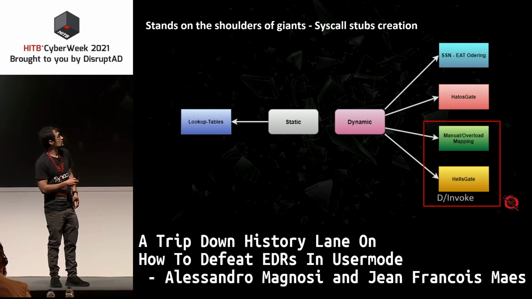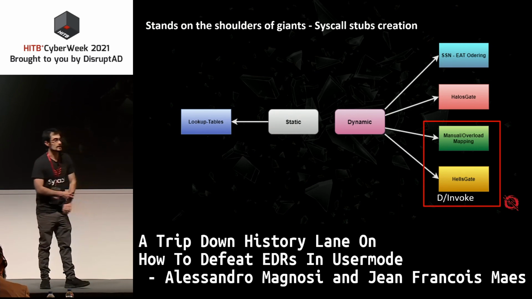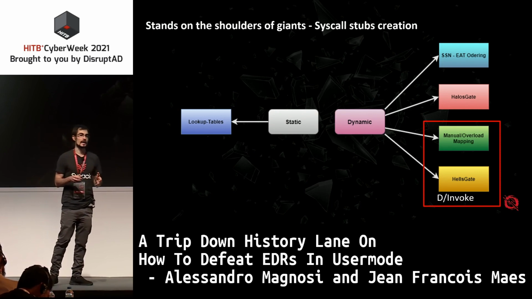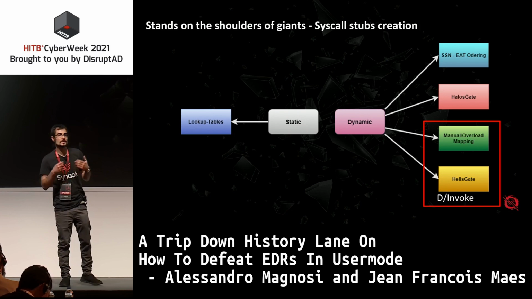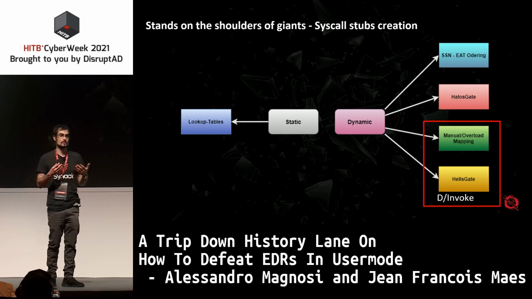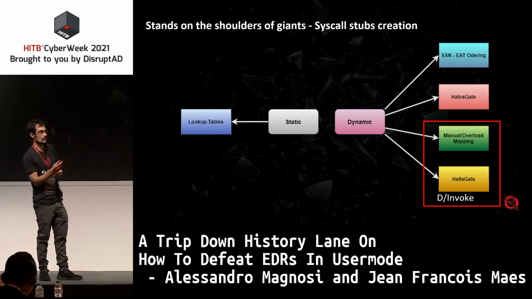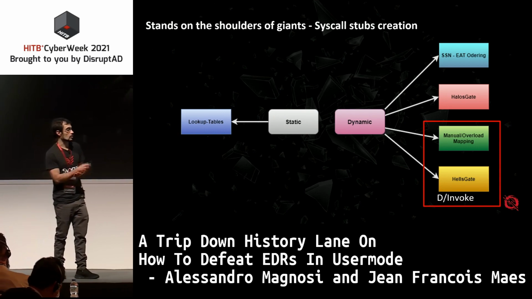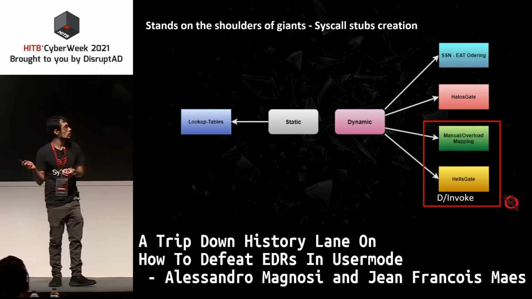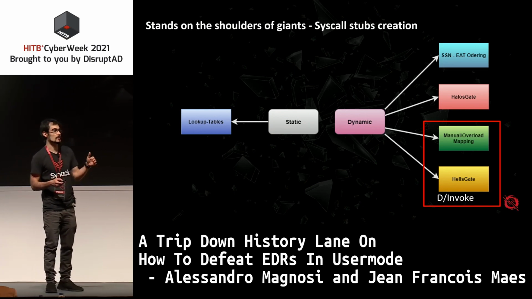Another technique is, of course, manual mapping and Elsa-Gate. Elsa-Gate is a very cool technique. It's still a technique to locate dynamically not just the syscall number, but also the assembly stub, which is located at runtime. And these techniques are implemented in Invoke, which also offers support for manual mapping, the one explained by John before, and overload mapping, which is the same technique,